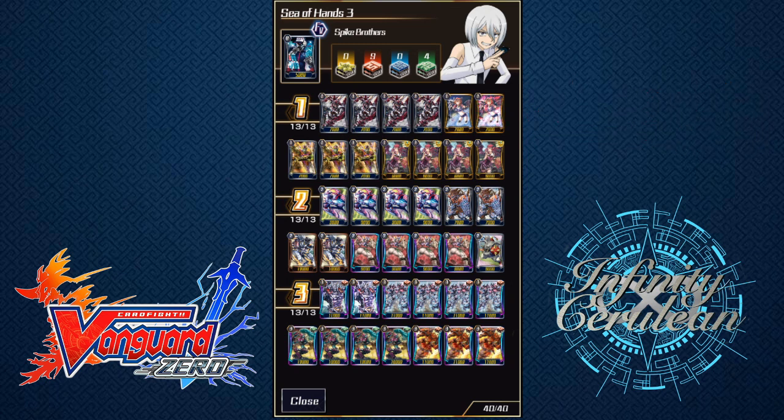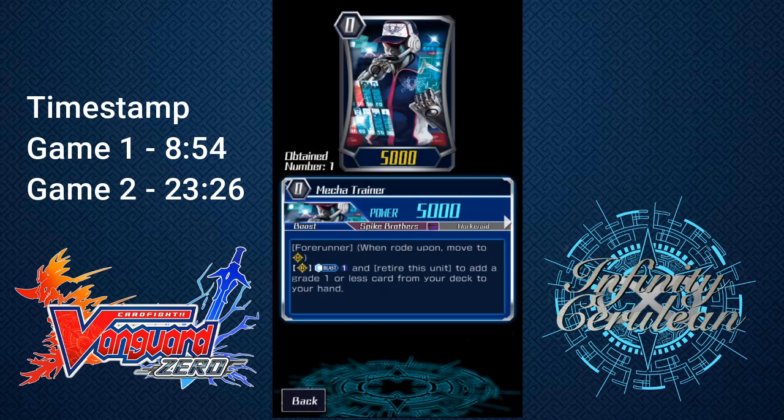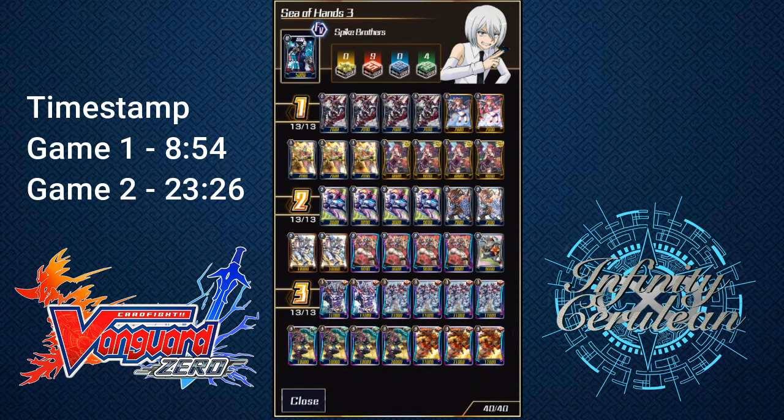Okay, let's get it. Starting off, our starter is still the same, Mega Trainer. What he does is search out a grade 1, usually a PG or any other card that we want or need for a combo. We're playing 4 Reckless Express. Reckless Express is essentially just there, so he goes back to deck for Deadly Emperor. We're playing